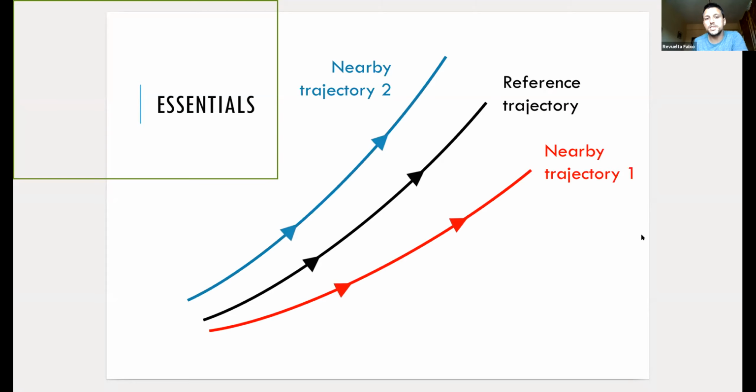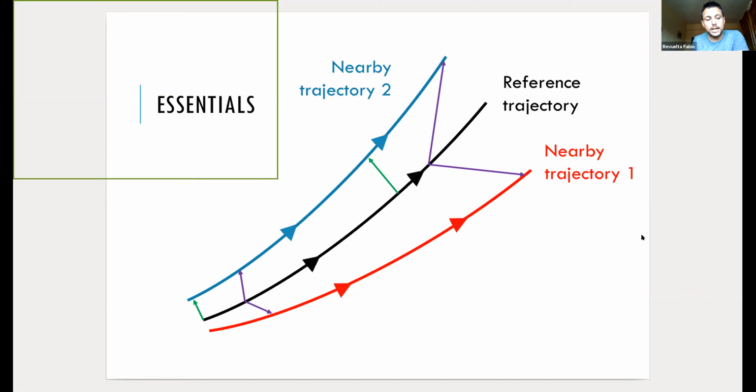So with fast Lyapunov indicators, for example, you take an initial distance, a separation, and you see whether it becomes larger or it keeps more or less constant. In SALI, you take two initial vectors, and if this angle tends to 0 or pi, that means that the reference trajectory is unstable or chaotic, and if it remains more or less constant, you have a stable orbit or, in general, an unstable periodic orbit.